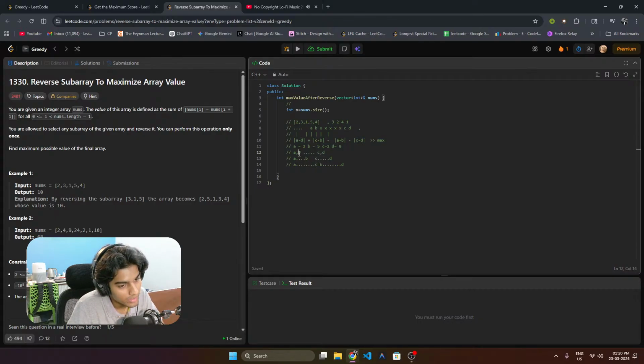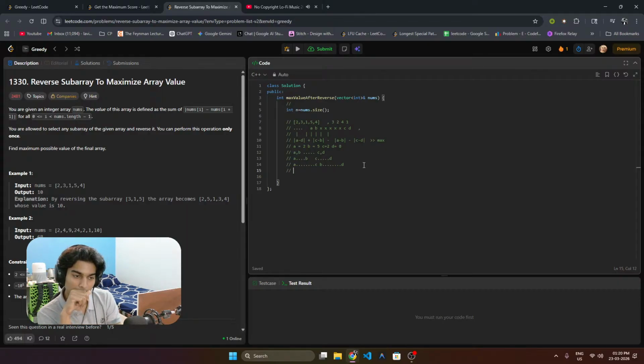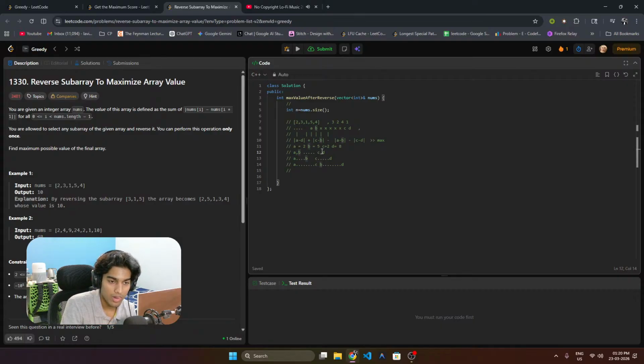And if these points are overlapping, then this is going to be negative. We don't want that. So we want to pick some values of A and B and C and D, like two pairs we need. So the gap between them doesn't even matter now. The only thing that matters is the distance, right? 2 into distance between